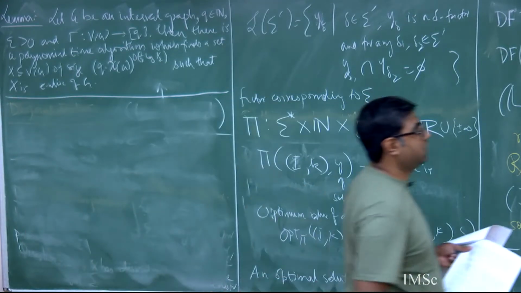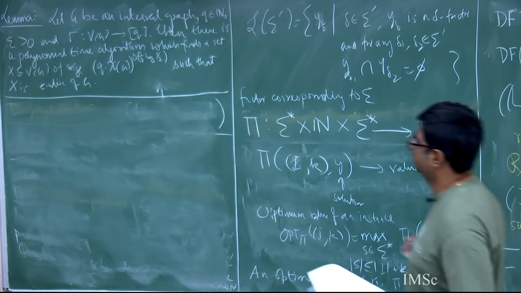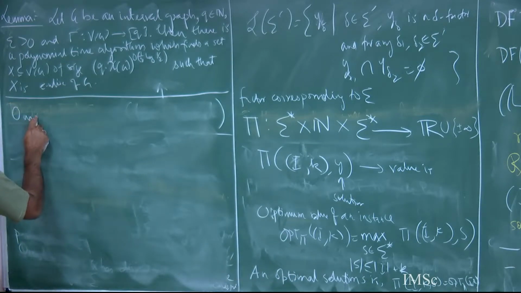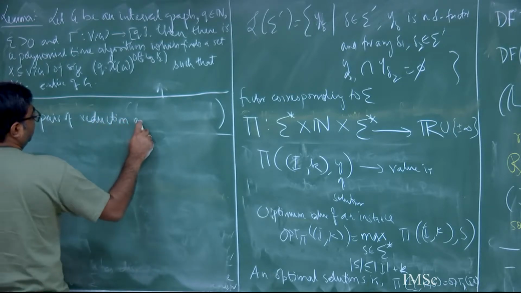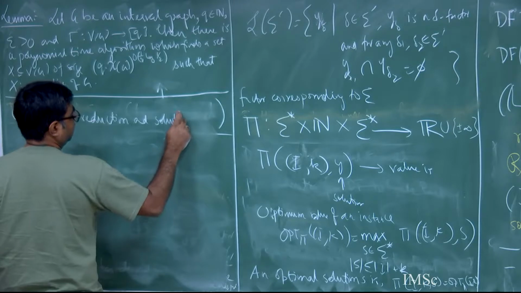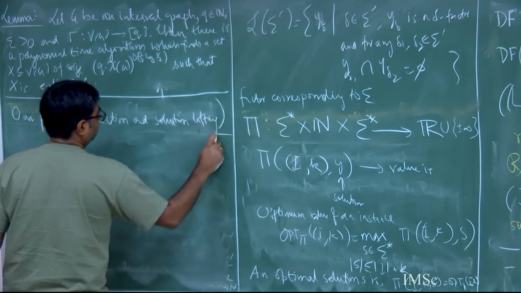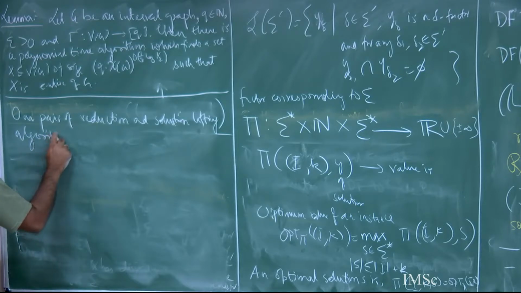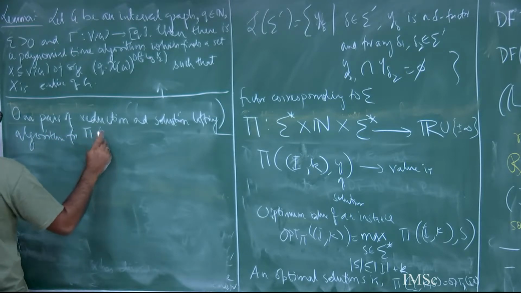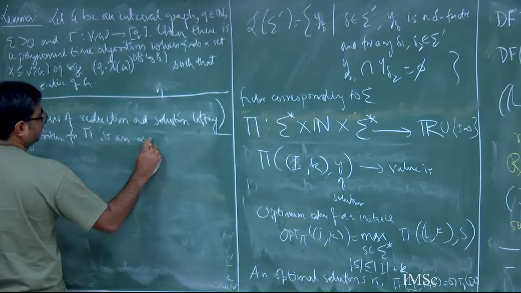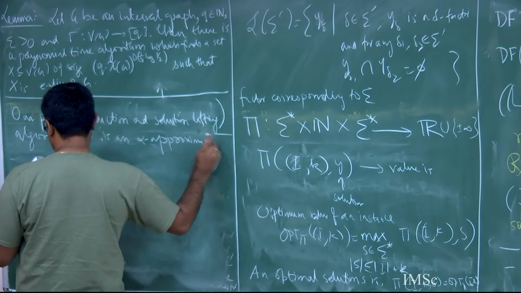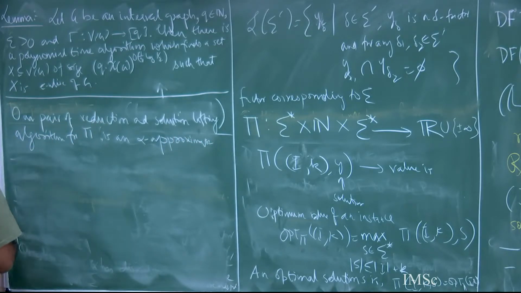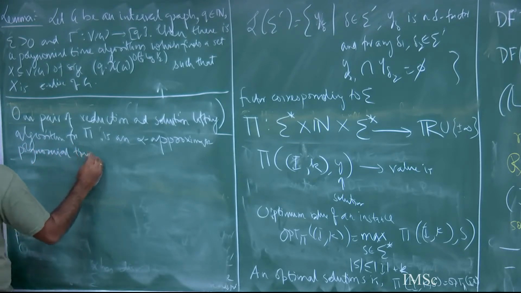Okay, and we say that our pair of reduction and solution lifting algorithms for pi is an alpha approximate polynomial time preprocessing algorithm